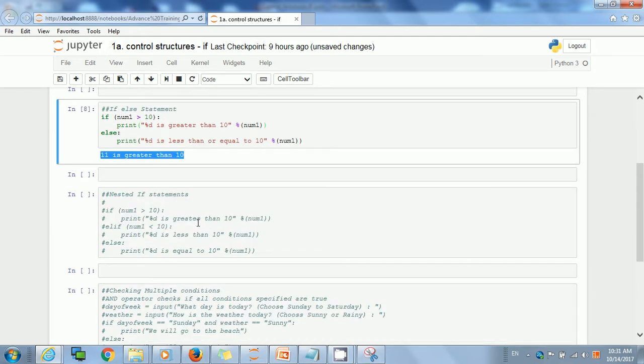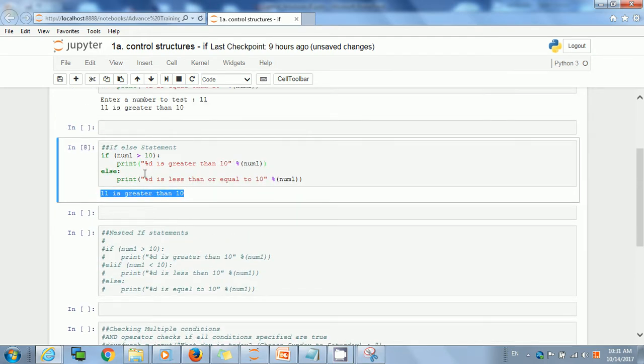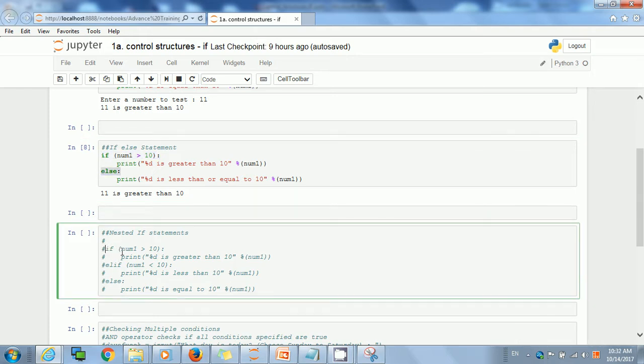Now nested if, this condition is still not satisfying, because we do not know whether it is less than or equal to 10. So for this kind of situation we use nested ifs. Nested if means if one of the conditions is satisfied, execute it. If the first condition is satisfied, else if, check another condition. Here you are not checking a condition, another condition. So here what I am doing,